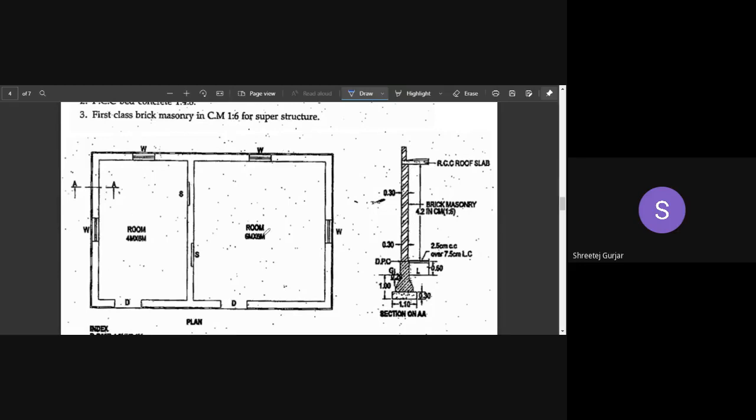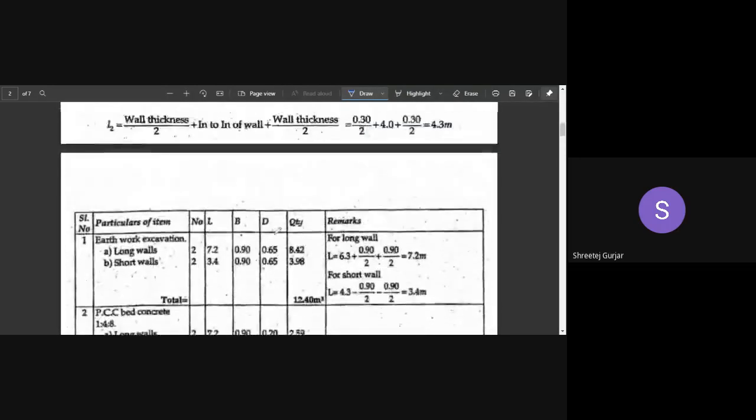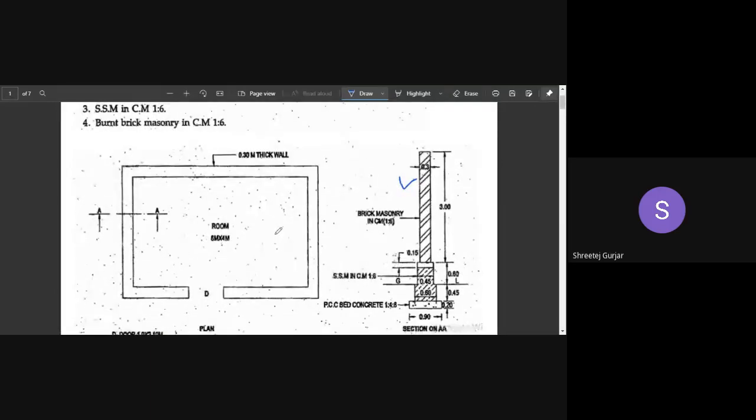The calculations, the estimation that we do, is different for load bearing and for an RC frame column structure. So remember this, your calculations are different. Initially, in the first stage, we will learn how to estimate a load bearing structure without columns. After which, when you are perfect with this, we will look into RC frame structures. That is also there in your syllabus. We will look into those.